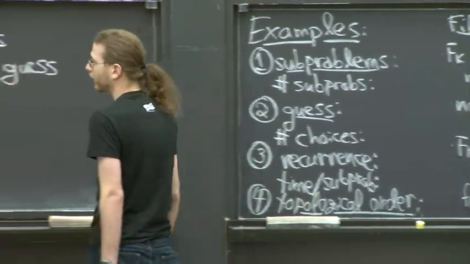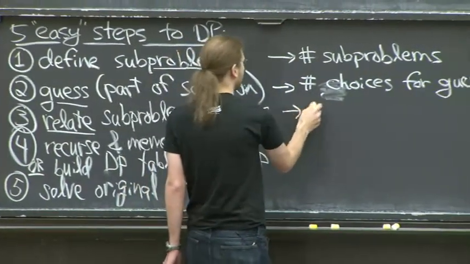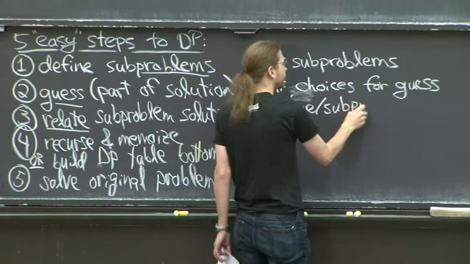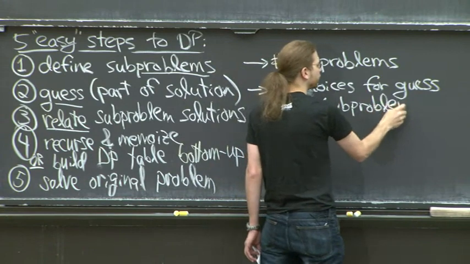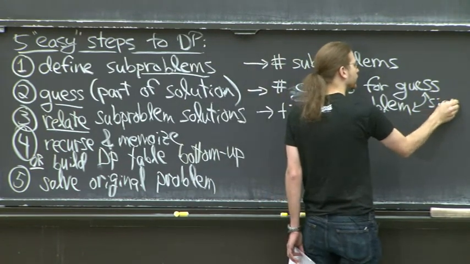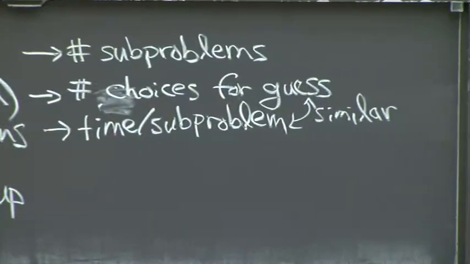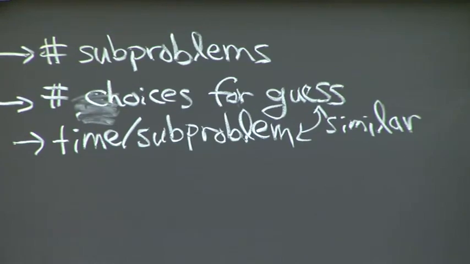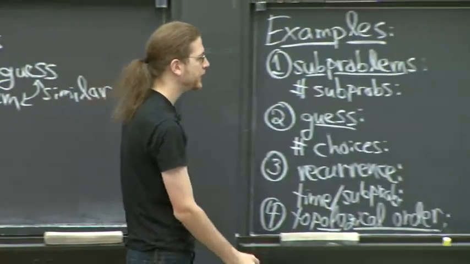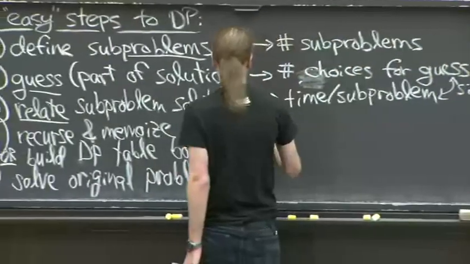OK, step 4. Let's see. So here we evaluate the time per subproblem. That's once you have the recurrence, that becomes clear. You want to make sure that's polynomial. Often these are the same. And then we either recursive memoize or build a DP table. I'm not going to write those. We did it for Fibonacci last time. Shortest paths are pretty easy. And in general, what we need to check here